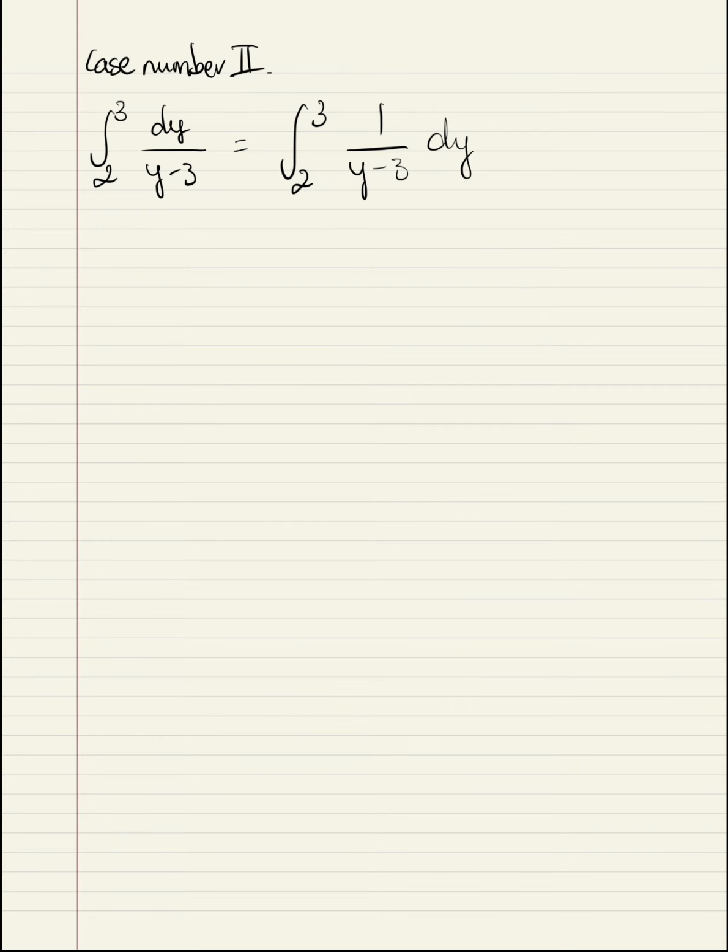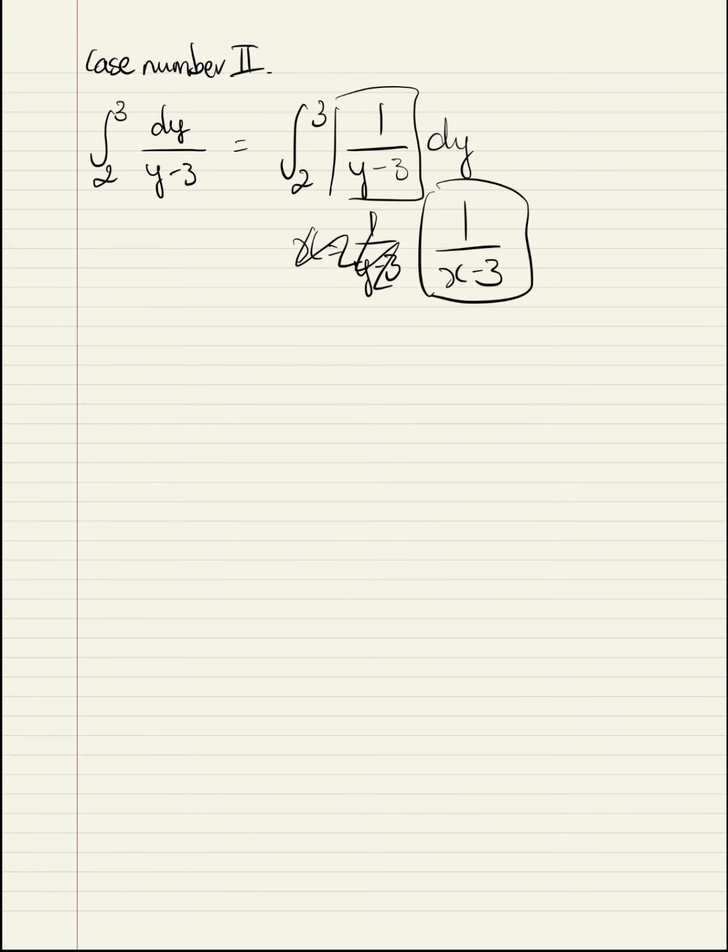Just don't go to Desmos and grab the function like x equals 1 over y minus 3. Don't do it. You can just type 1 over x minus 3 and find this one on Desmos. That is good enough. So when you draw it on Desmos, or I just draw it right now,